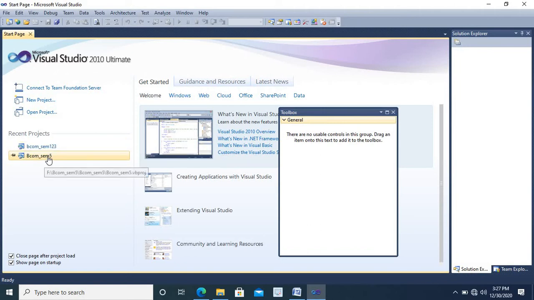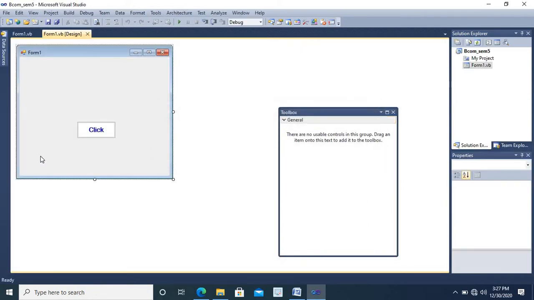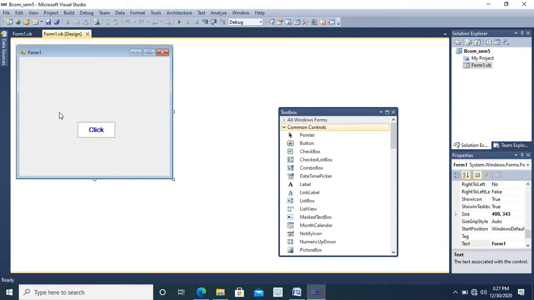If the project you have created is present in the recent projects list, it can be selected by clicking on it. In the previous class we had created a project named BCom-SEM5, wherein we had designed an application where, when the user clicks on the button, the welcome to Visual Basic.NET message will appear. So in the same project we will be designing the application for calculating simple interest.